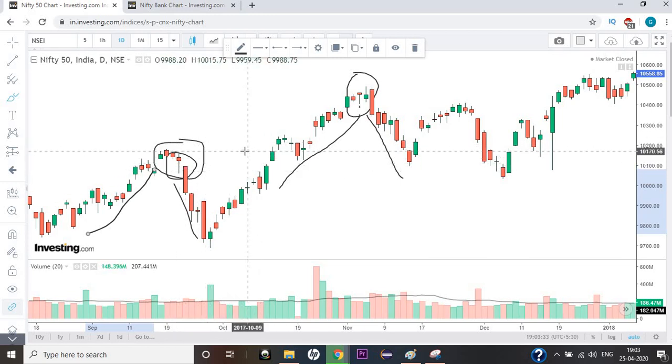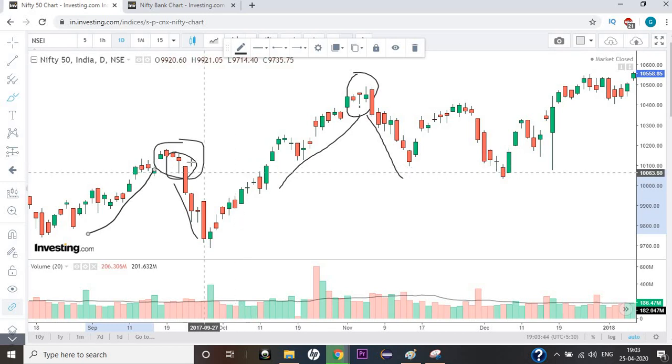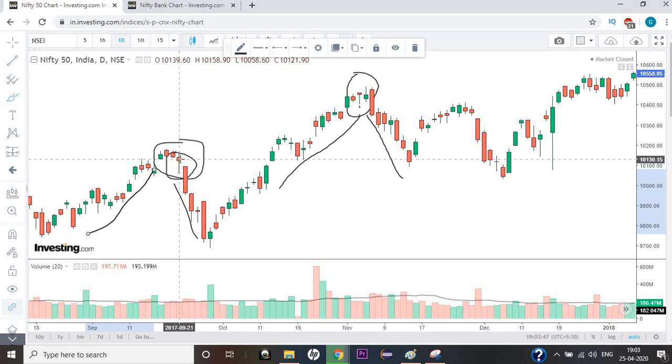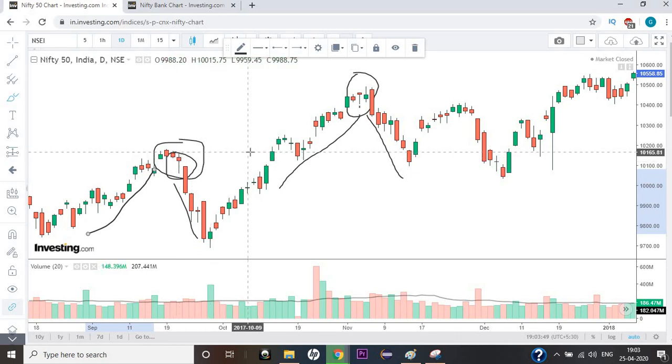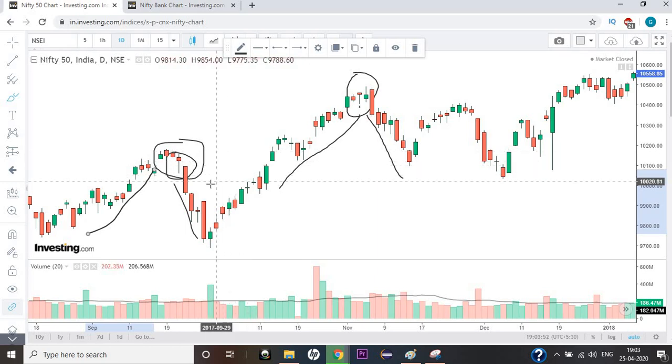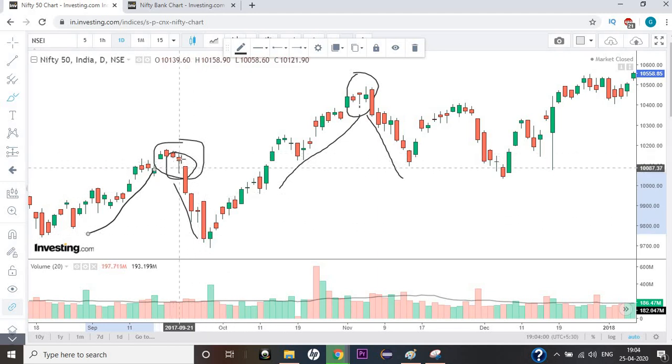Let's analyze why it doesn't qualify. There's a shadow below the body which is twice the body itself, which satisfies the first of the rules. But what doesn't qualify is that there is a shadow on the upper side of the body, so it doesn't qualify for me. Then why did the market go downwards? If you look closer, the market didn't go downwards because of this candlestick. Previously there were two red candlesticks, right? So sellers were gaining traction, and that's why the market went lower.